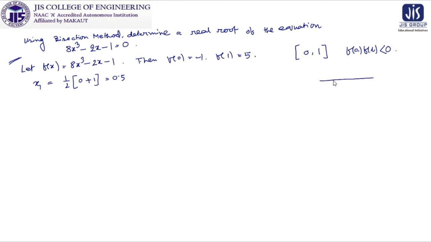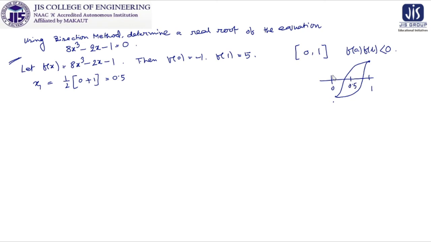So in visualization, what I see is 0 and 1, and at f0 we are getting some negative value, and at f1 we are getting some positive value. We are now at 0.5. If these 2 points are connected in this manner, then 0.5 will be positive. If these 2 points are connected like this, then 0.5 will be negative.